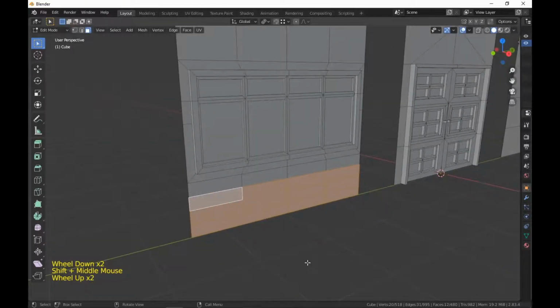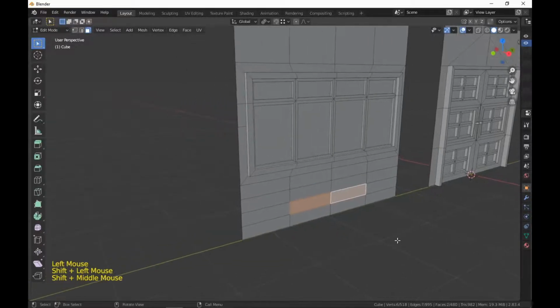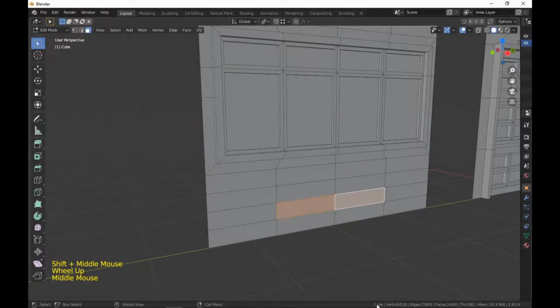So now we should have those selected. That's just another way of selecting things. Let me show you another way of selecting things as well actually. If we select these 2 faces here and we press Control and plus on the number pad,